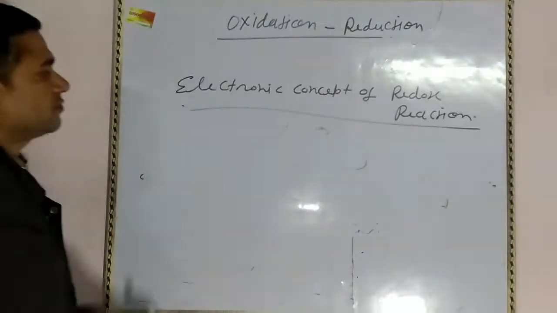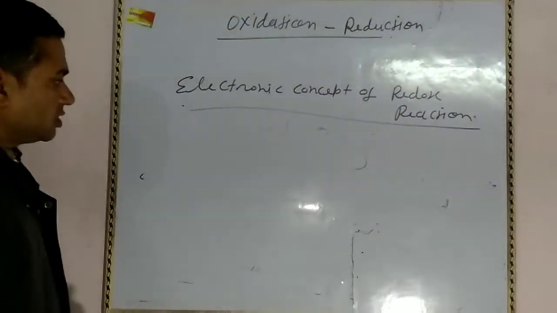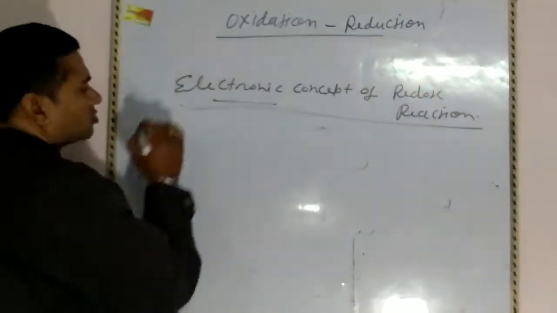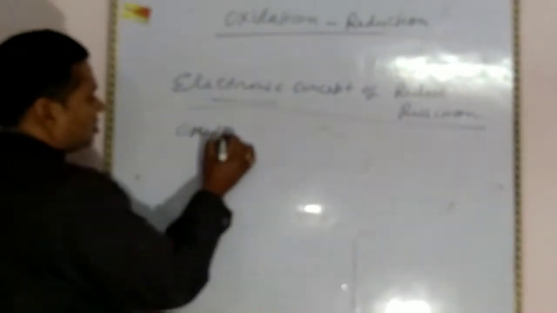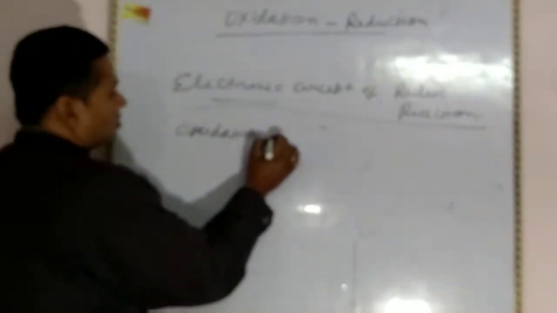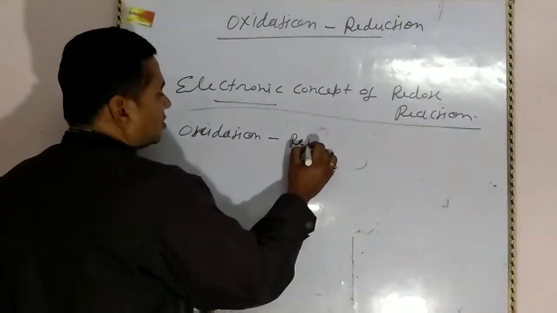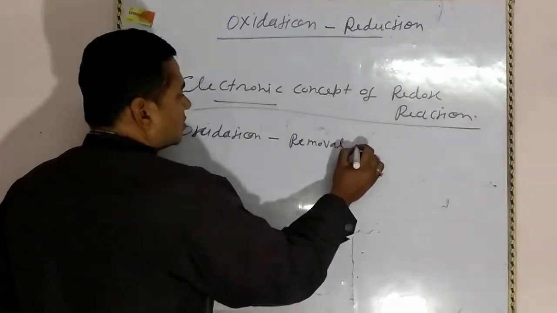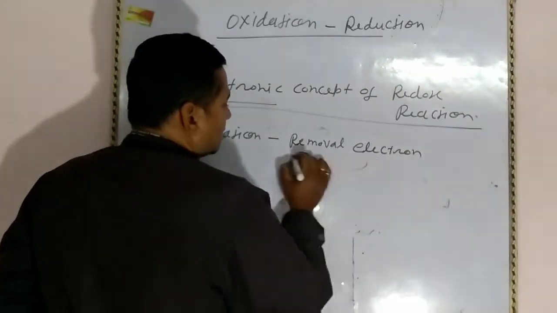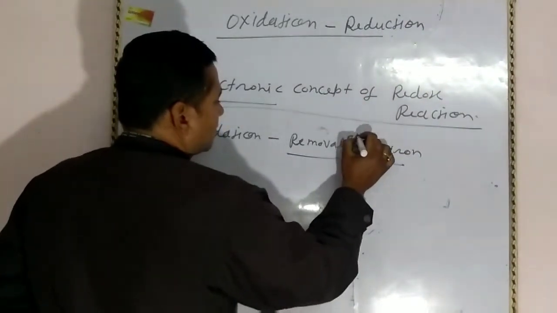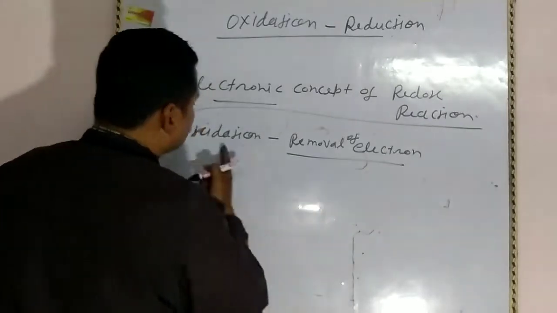According to this concept, oxidation is the removal of electrons. Removal of electrons is called oxidation,